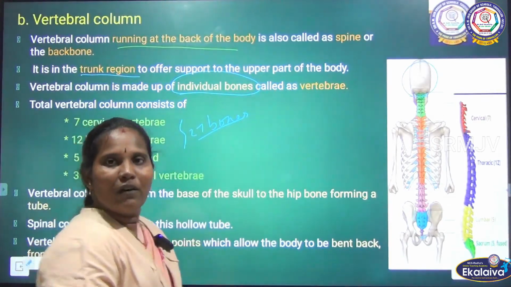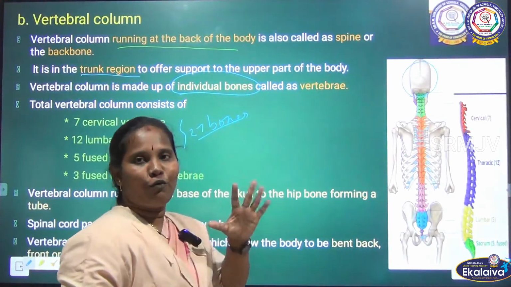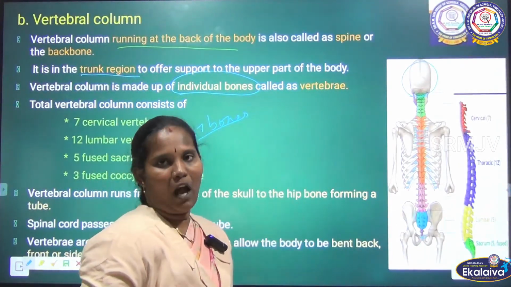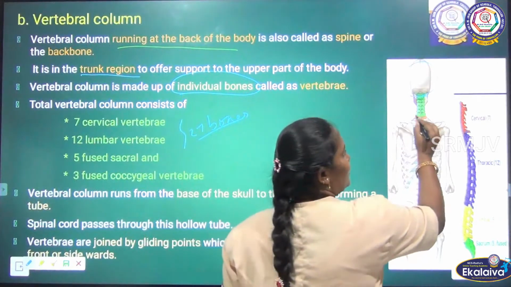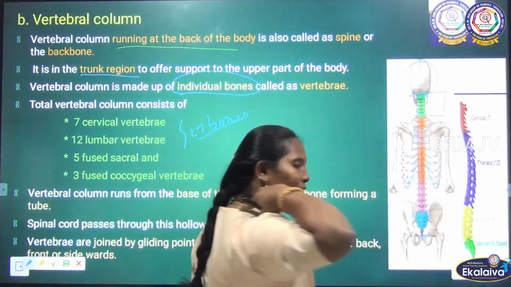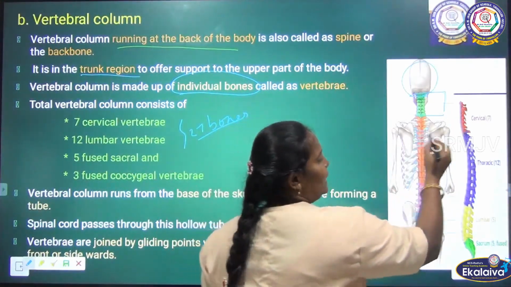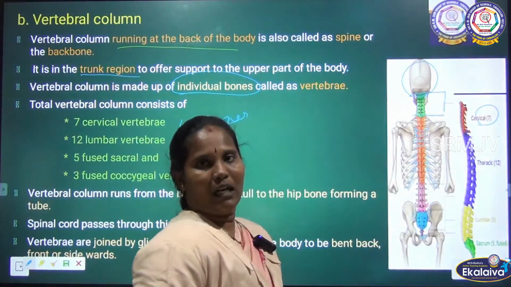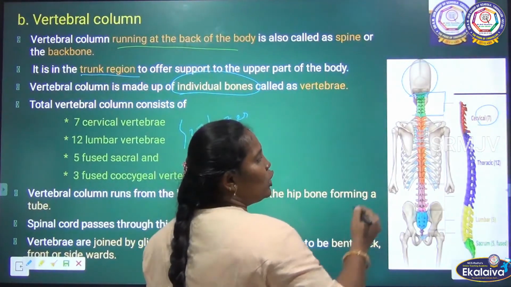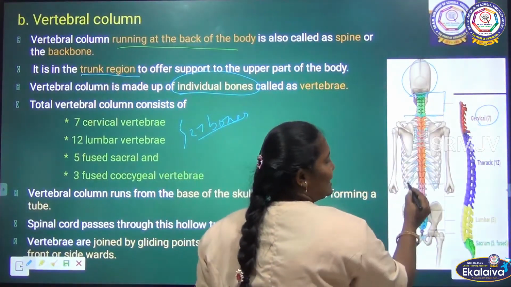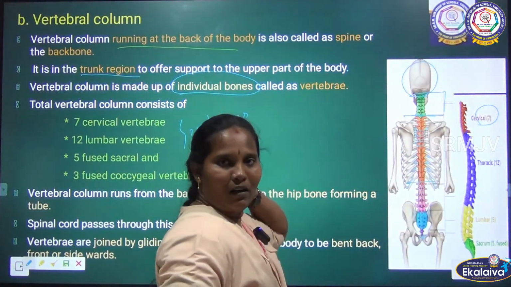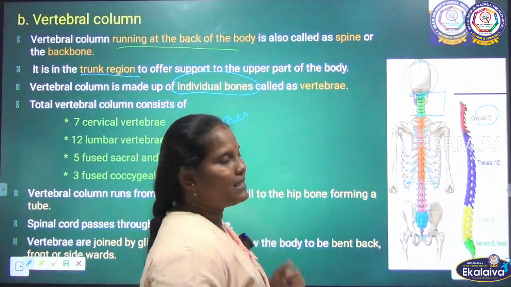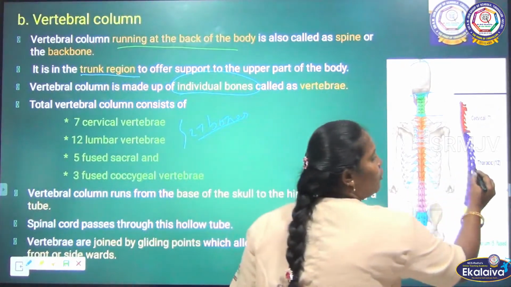See here, this vertebral column is also divided into 5, based on the place. How can we say? First, our neck bones are there. The 7 neck bones are called the cervical. Clear? After that, the 12 bones are in the thoracic region. The thoracic region means from our neck to our hip, the backside of the thoracic cavity. It is made up of 12 bones.